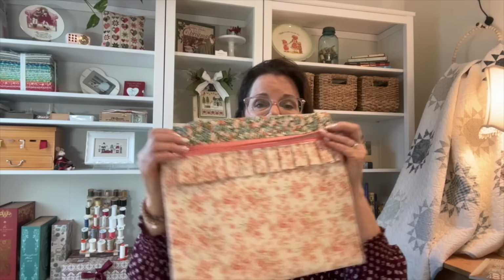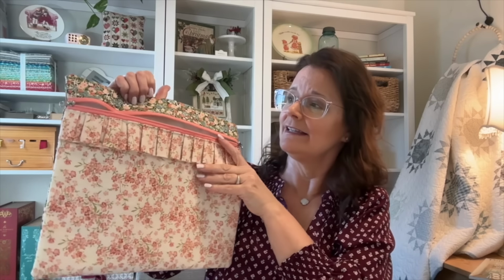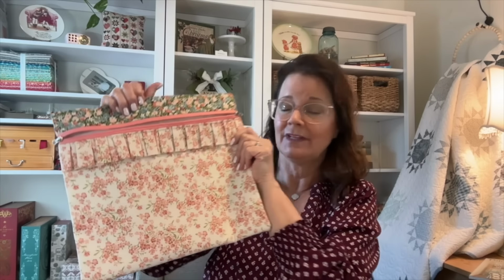So I didn't do a Blessing sampler. This is my first Blessing sampler. So I'm excited to give it a go. And I have it in one of my ruffle bags. This is Floral Nostalgia Fabric Liberty of Linden. Super pretty fabric. I sold out of that